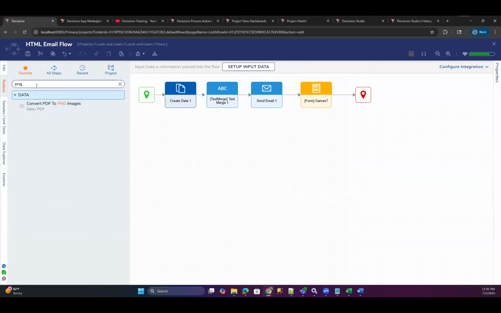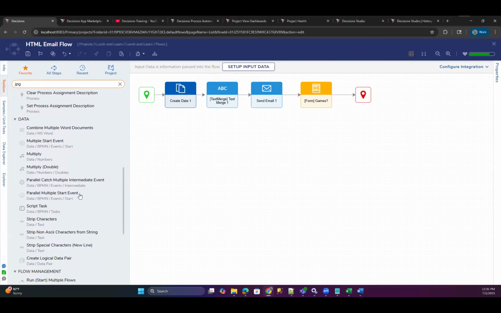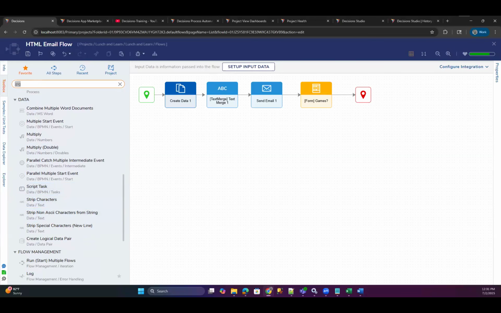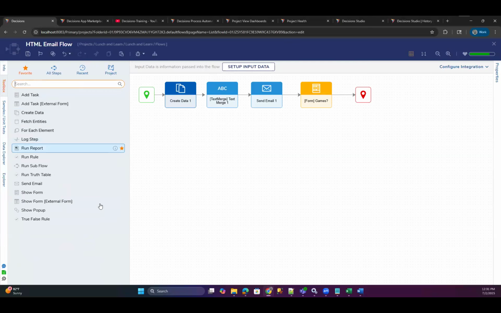Okay, convert PDF to PNG. Yeah, yeah. But I don't think there's anything there. Nothing on SVG stuff either. I don't think there's a way to do that without going into some pretty deep, complex testing. Okay, I'll just have to make sure they're saved at the size that I want them.